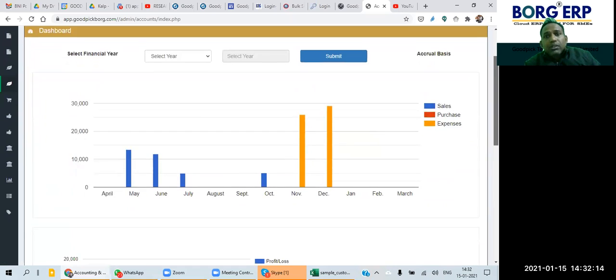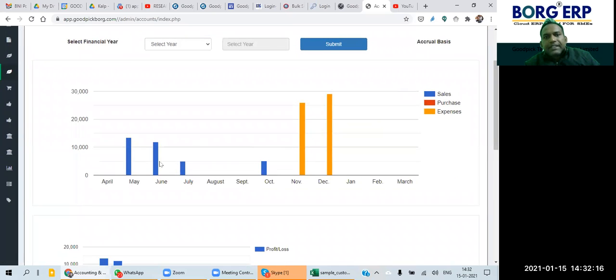This is the dashboard. In the dashboard, the first graph shows the bar chart and the details of sales, purchase, and expense. So this is a comparative analysis of your company month by month for the entire financial year.